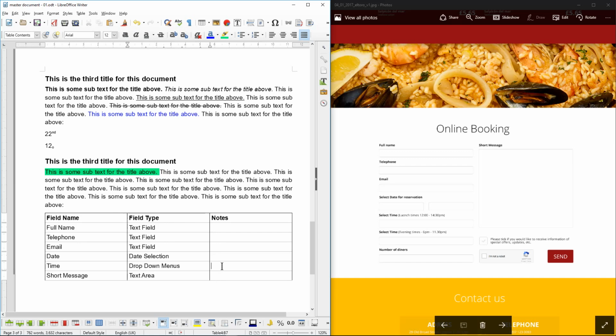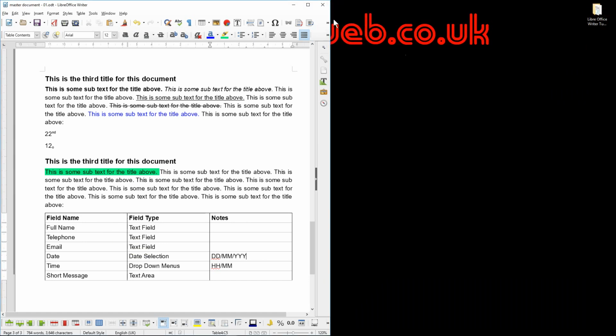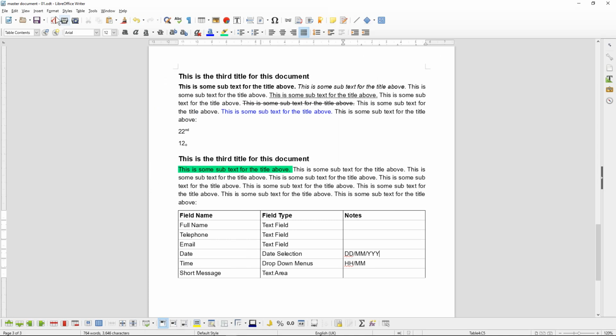Sometimes I put a little note in here. So for the drop down menu, I might write, because it's time, it will be hours and minutes, and for the date it will be day, month, year. So that's just an example of how I'll use the table to help document some information about a project that makes it clearer for my clients and for my staff. So let's save this